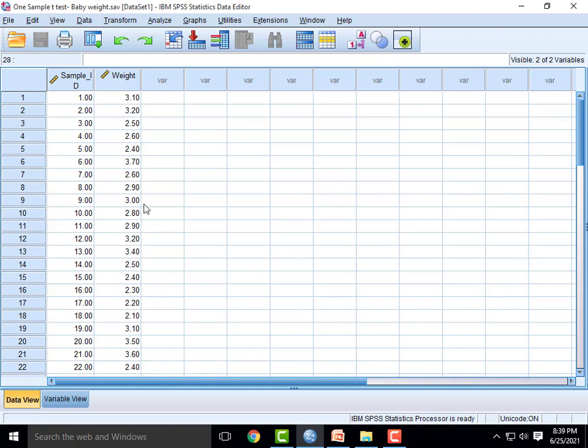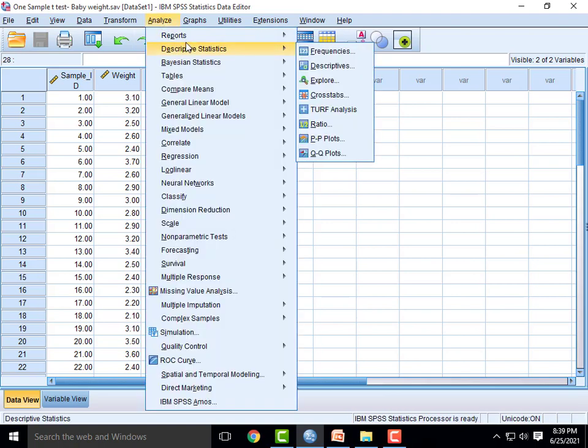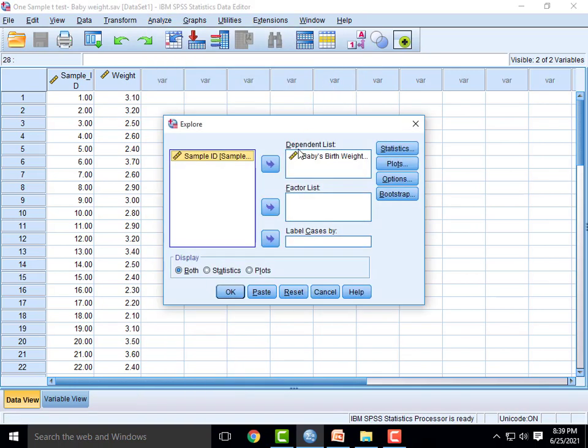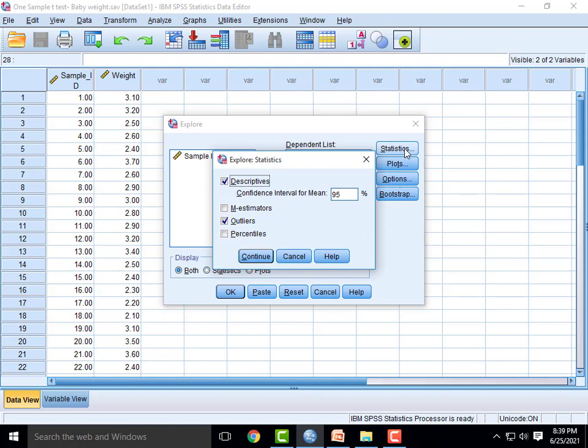To check the normality, go to Analyze, Descriptives, select Explore, and move the baby's birth weight, a continuous variable, to the dependent list. Then go to Statistics, select Descriptives and Outliers, click